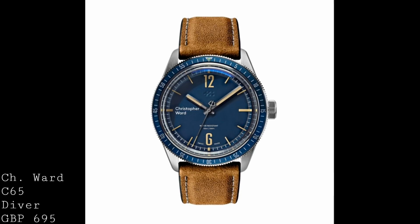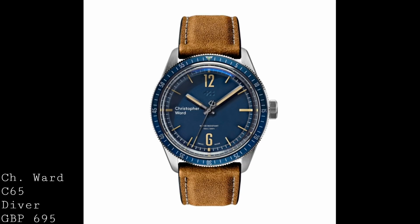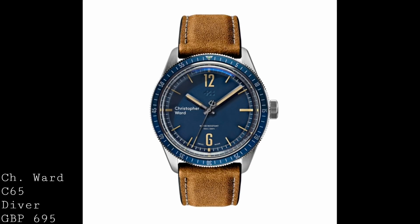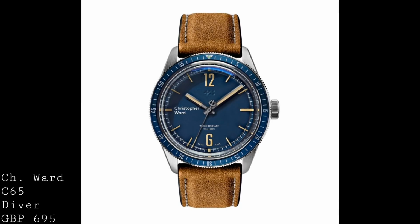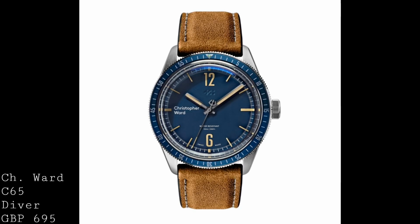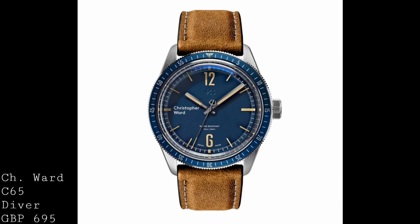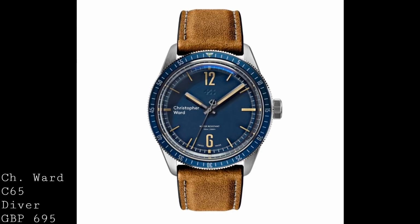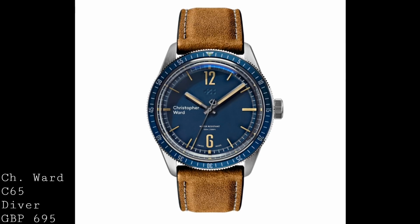colours, with a use of numerals at 12 and 6, with the Christopher Ward logo on the left-hand side of the dial. They are no-date models as well, and feature very minimal dial text, with an embossed and very attractively done, but somewhat simple Christopher Ward logo at 12 o'clock. Then one has full graduations around the edge of the dial, and the hands are these brilliantly faceted baton-style hands, which work very well with the design, and that Trident logo is still retained on the counterweight of the second